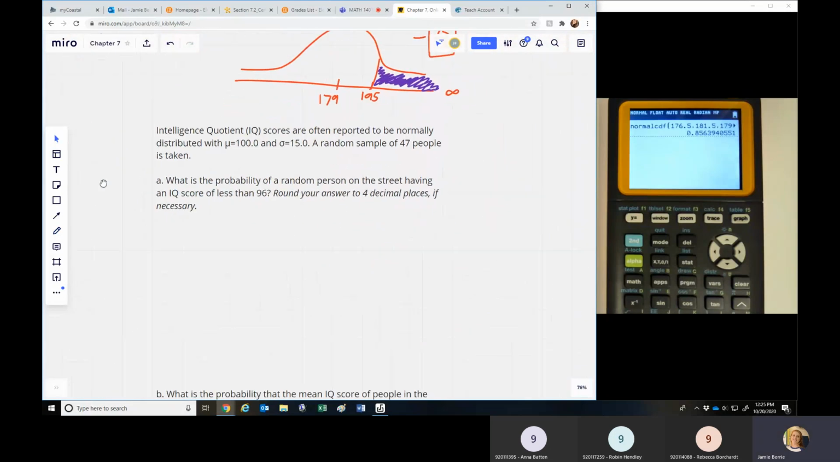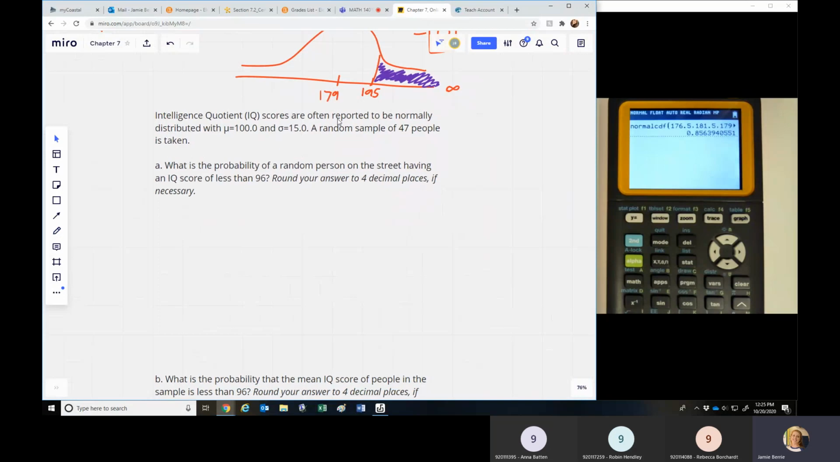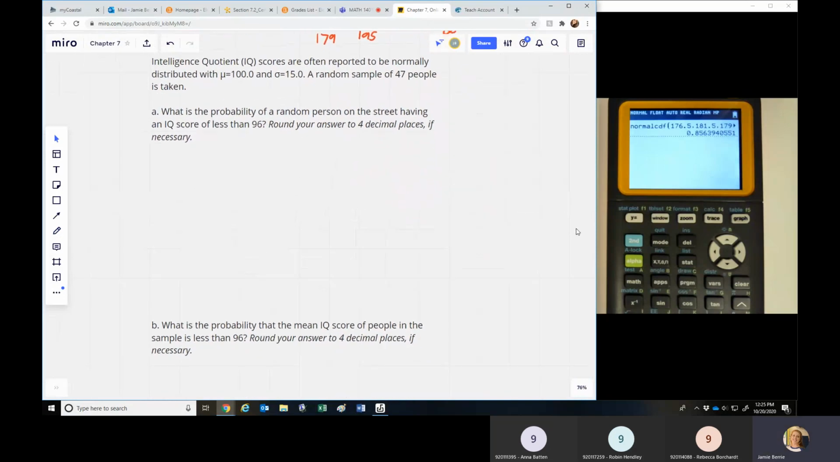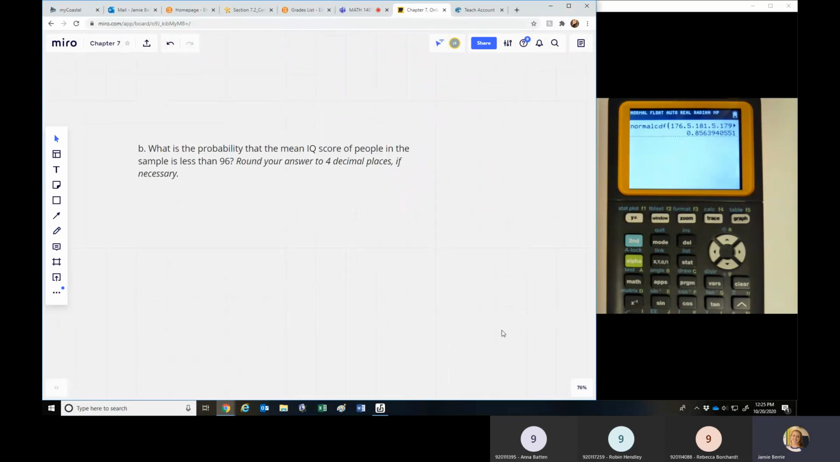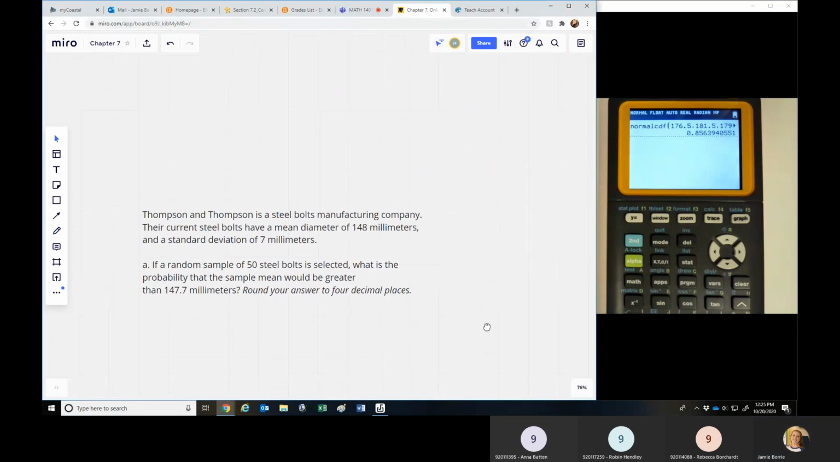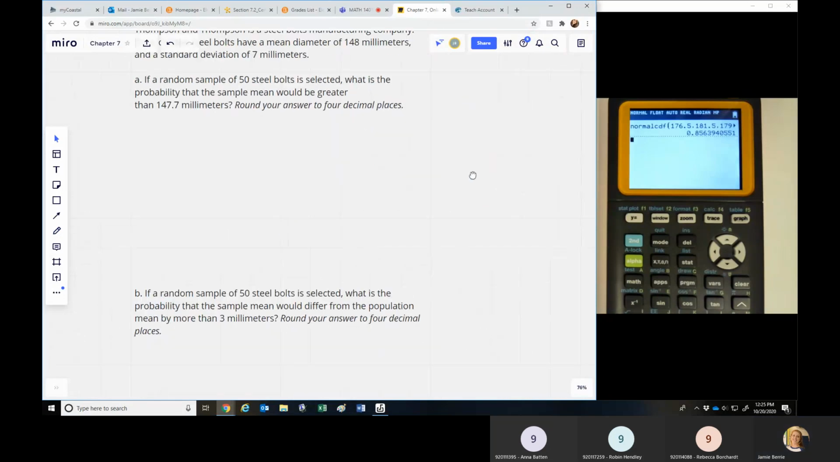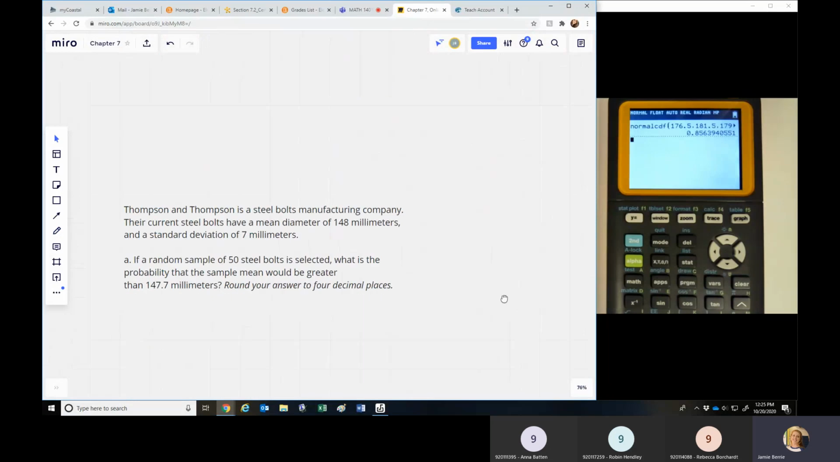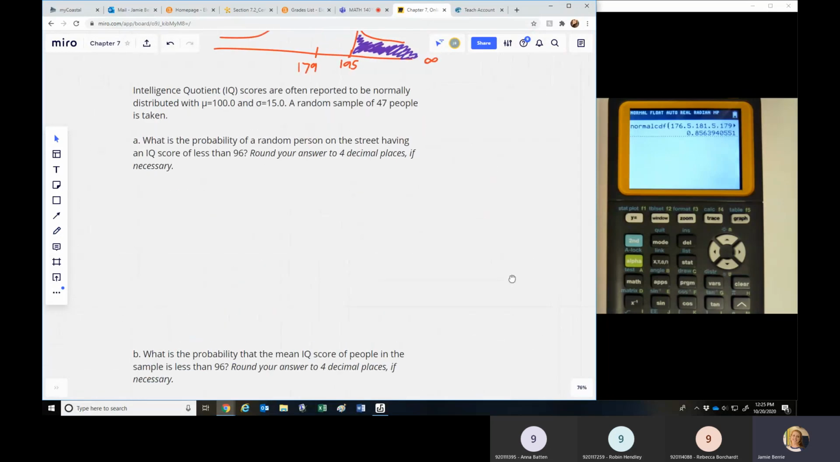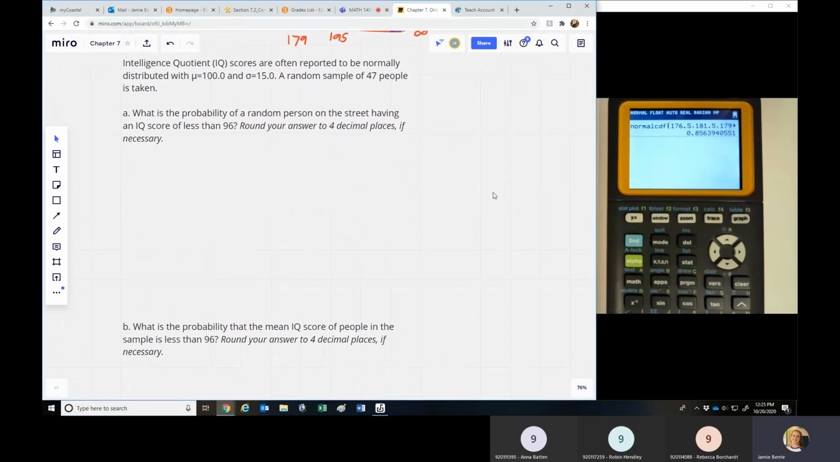All right, here we have a two-part question. This one is a little bit tricky, which is why I wanted to cover it with you guys. And then at the very end, we're going to do one of those that I told you about before that says would differ from the population by more than. I just picked out the ones that I thought were the difficult problems from this section. All right, so it says intelligent quotient or IQ scores are often reported to be normally distributed